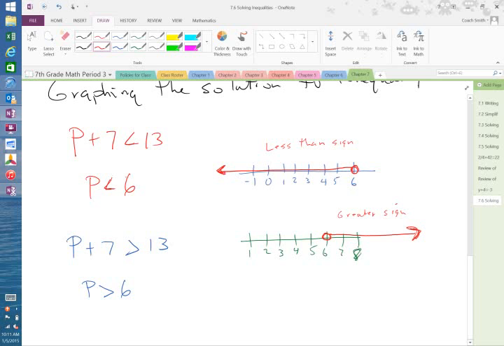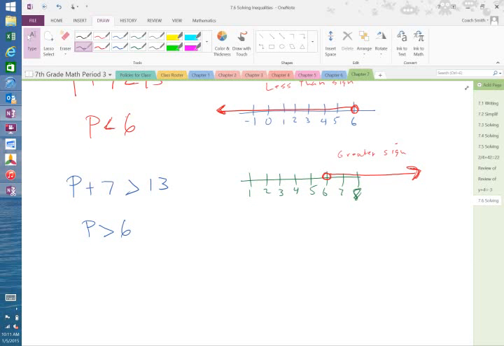Anytime you have the greater than sign, your arrow is going to go to the right every time. Okay, anytime you have the less than sign, the arrow is going to go to the left. The line in the arrow is going to go to the left. Okay, now,